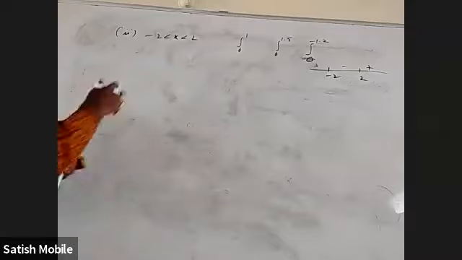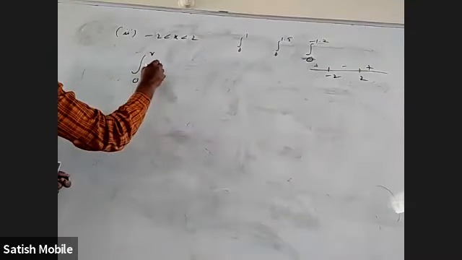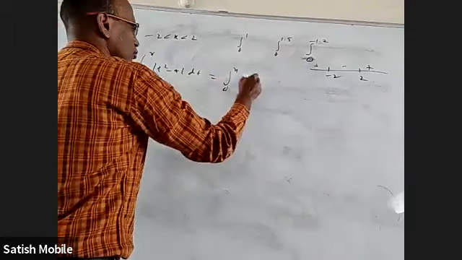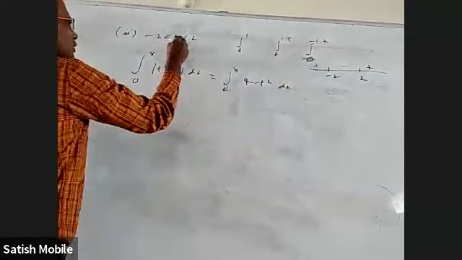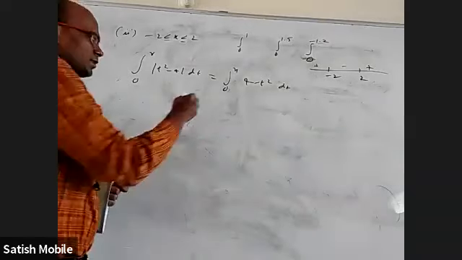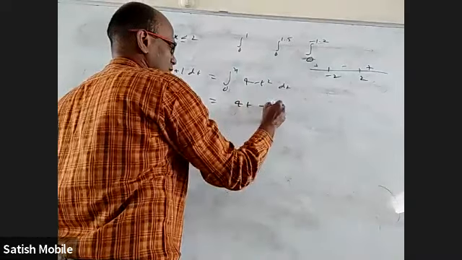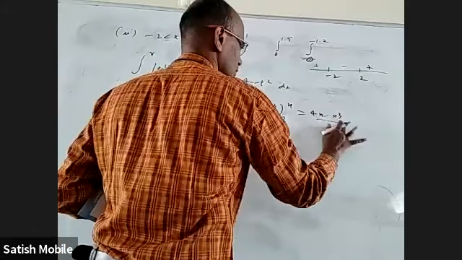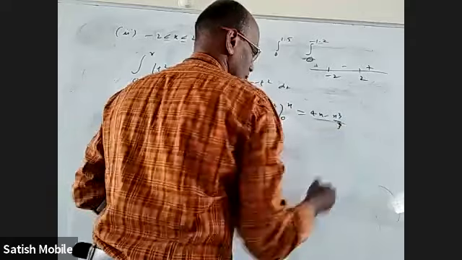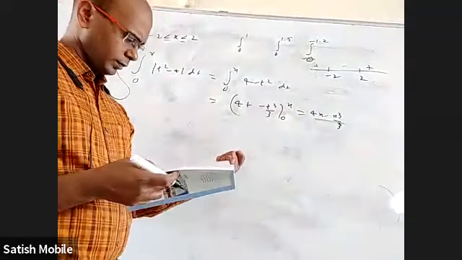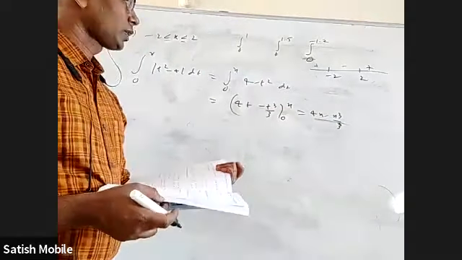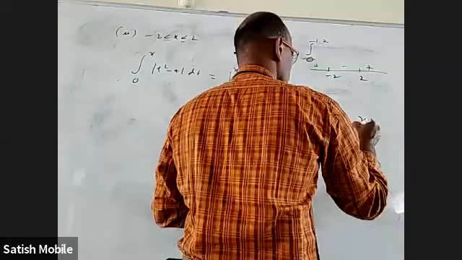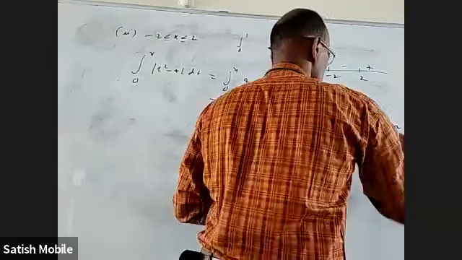Okay. So integral 0 to x mod t square minus 4 dt, this is negative. So 0 to x 4 minus t square dt. You can put equality if you did not put equality in the previous cases. This integral is 4t minus t cube by 3 with 0 to x. So 4x minus x cube by 3. But taking x by 3 common, you'll get x by 3 into 12 minus x square.